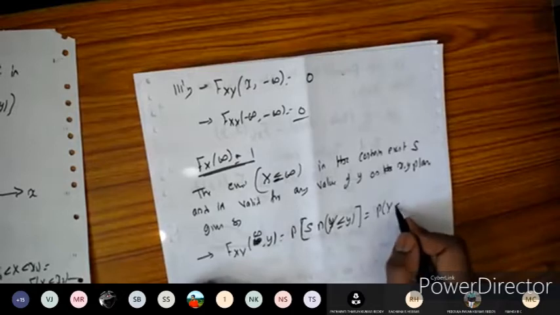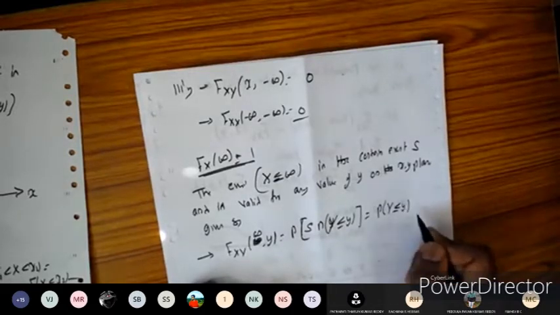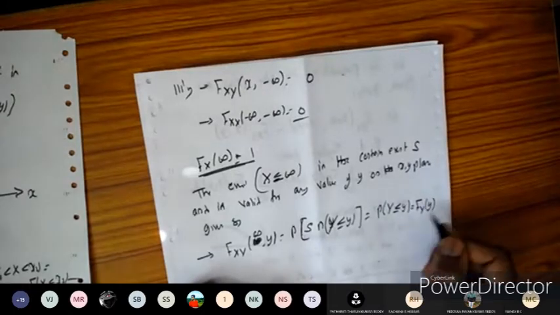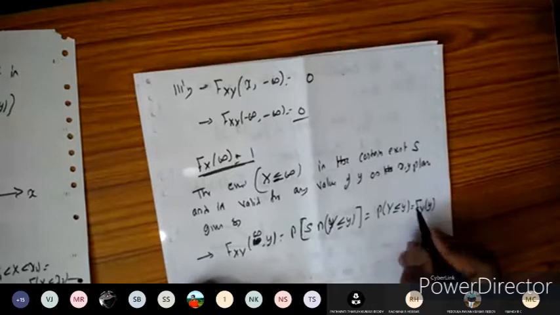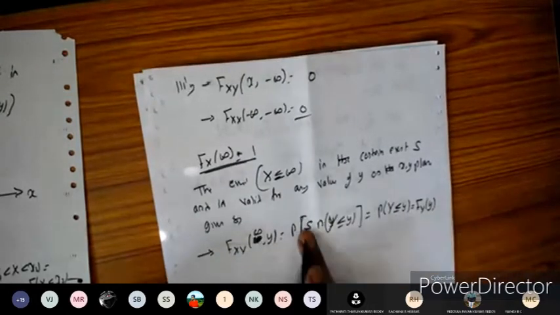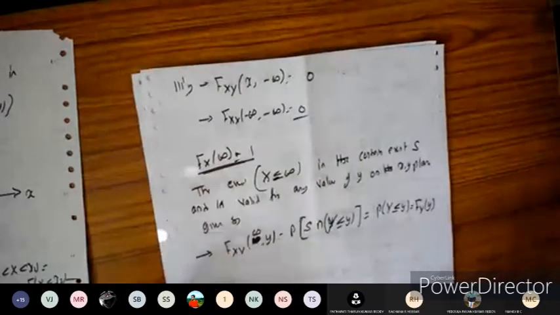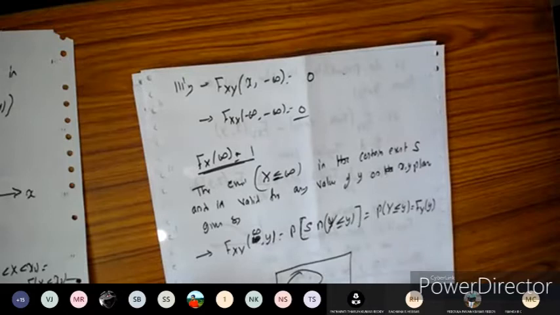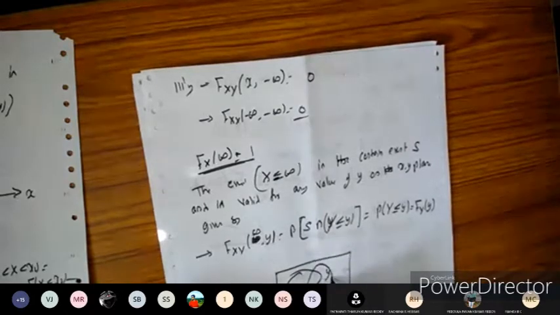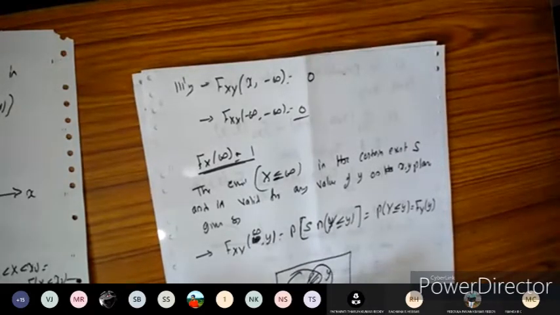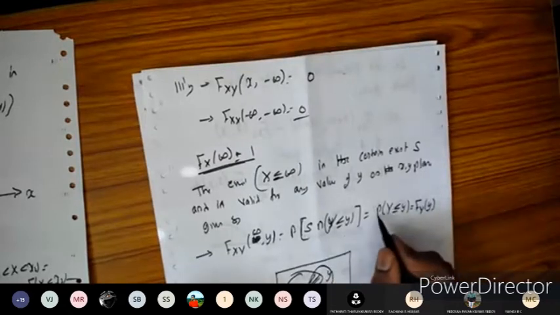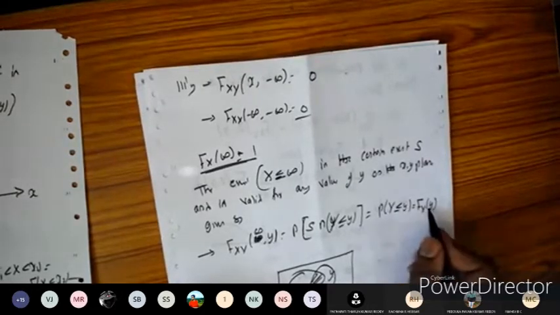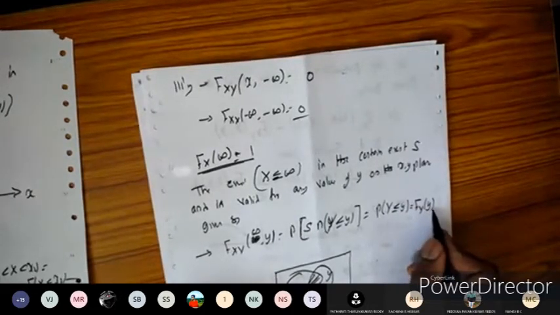So this will become equal to P of y taking the value less than or equal to y. This in turn we can define as Fy of y. Because the sample space is nothing but all the events, for example in terms of the Venn diagram, we can show it like this. The sample space has all events. When I take the intersection with y, only some quantities of y will be there. So only those quantities will remain. That's why I take it as the probability of y less than or equal to y. This will be equal to Fy of y.